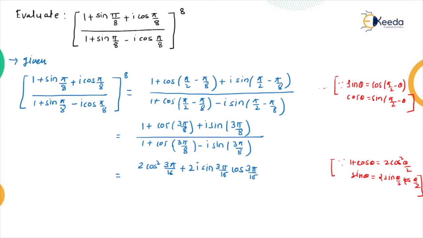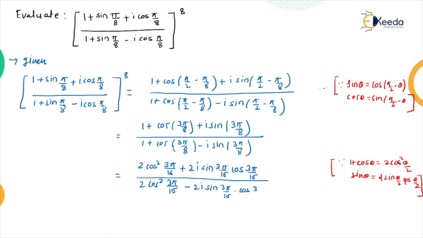Sin theta becomes 2 sin theta by 2 into cos theta by 2, and in the denominator we can again write 1 plus cos theta as 2 cos square theta by 2, so it is again 2 cos square 3 pi divided by 16 minus 2i sin 3 pi divided by 16